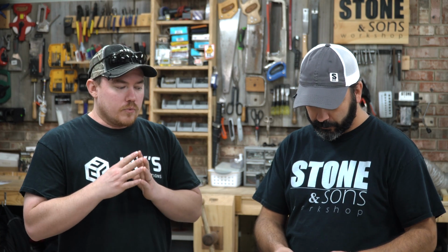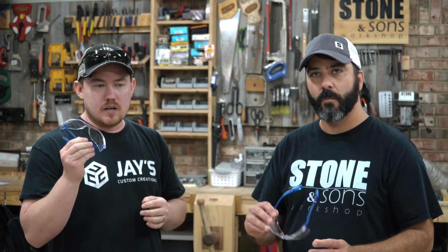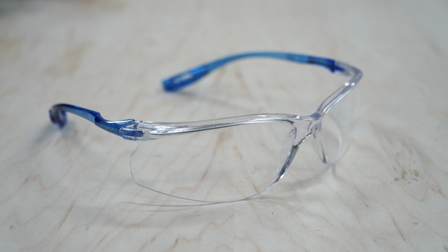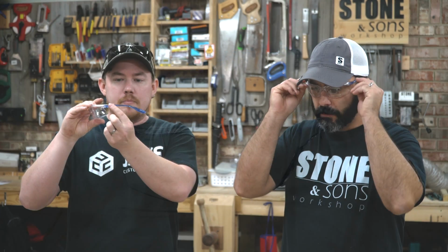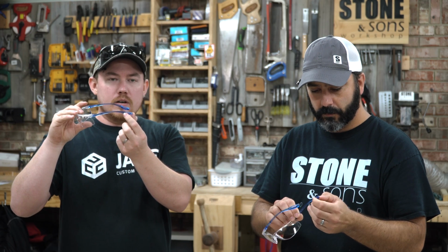Well, let's start with your eyes, your safety glasses. Regardless of what other people do, it's a personal responsibility and a decision you need to make for your own shop safety. So this is just what we do. We both use the exact same safety glasses, and I think I bought mine after seeing his and using his because I liked them so much. These are just inexpensive 3M brand safety glasses, and on the back side of the arm here, there's a spot so that if you wear